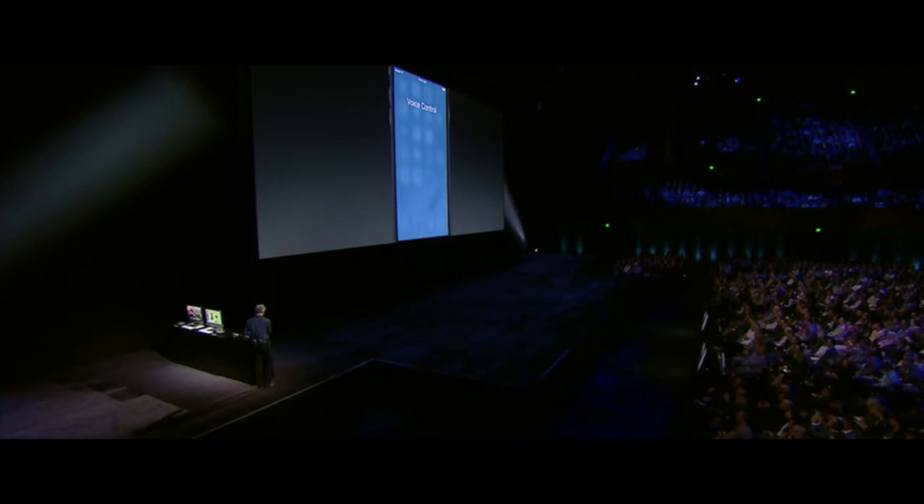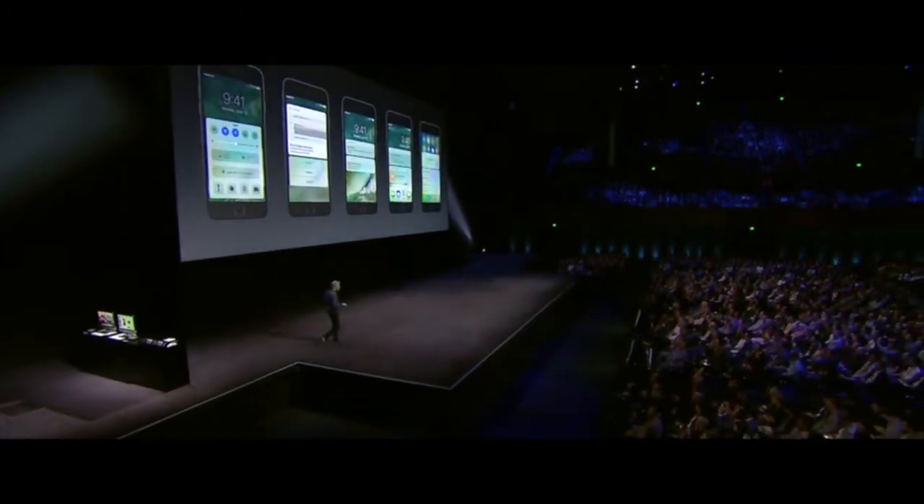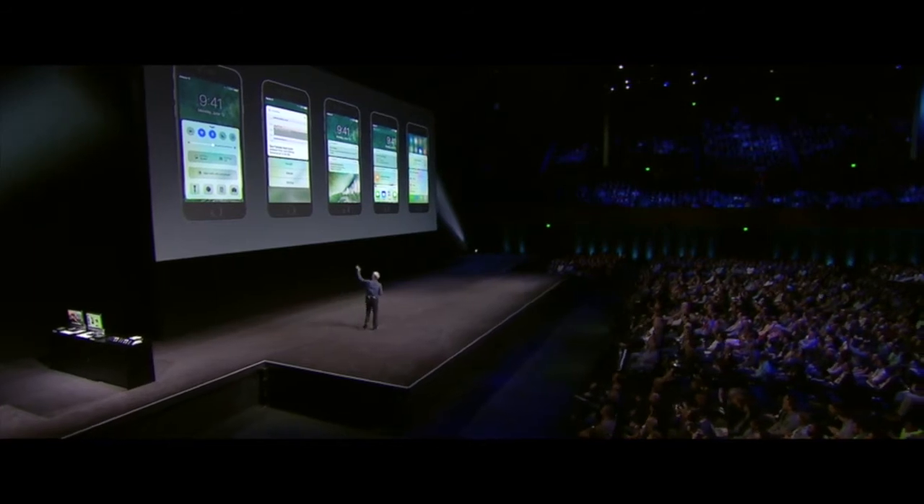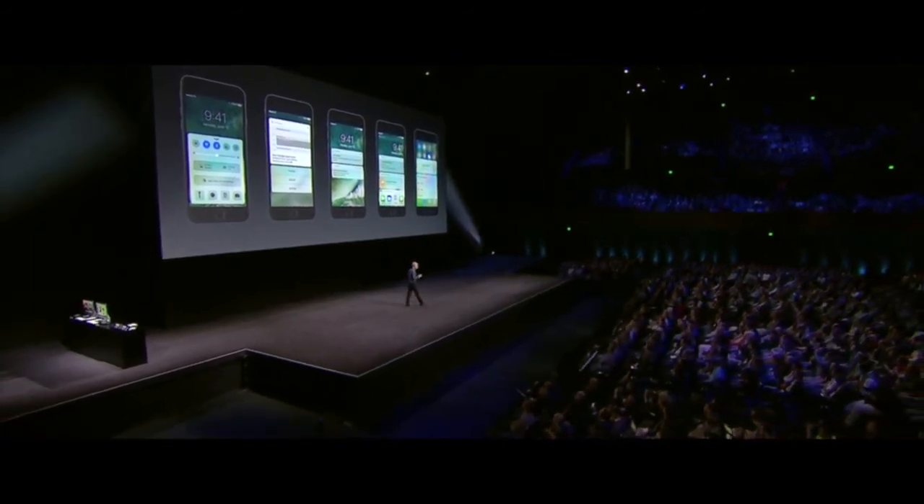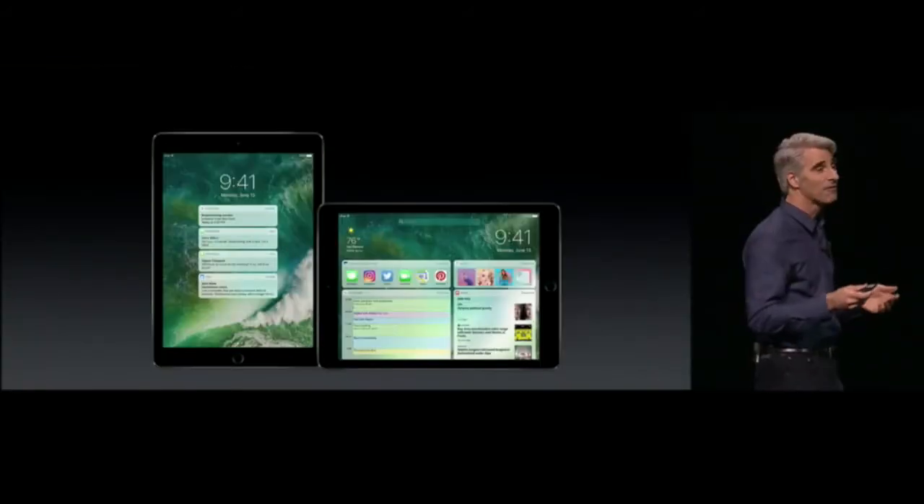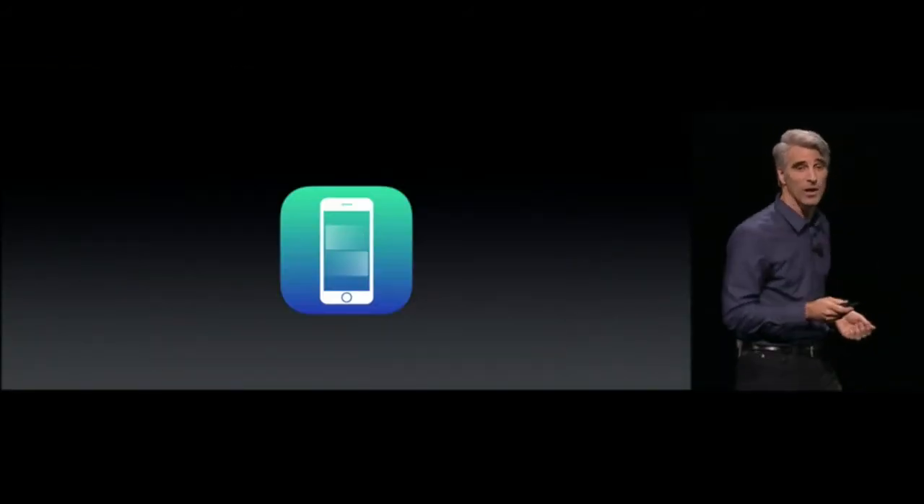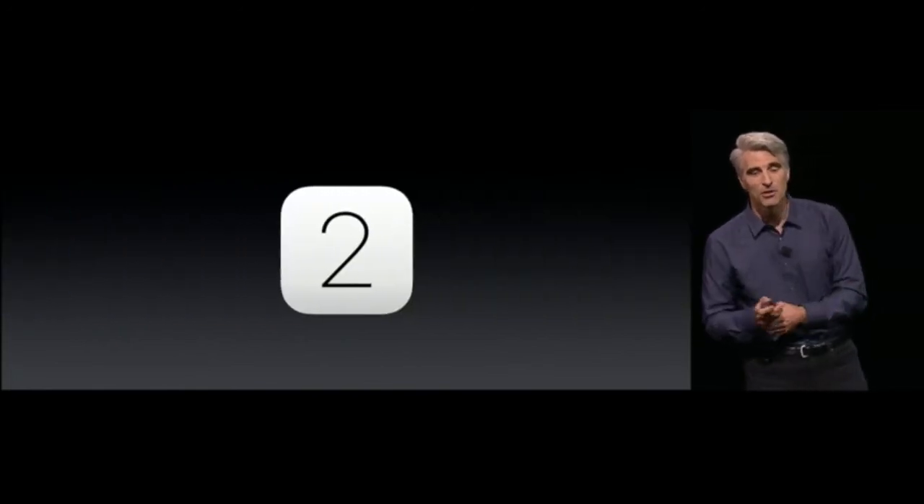So that is a quick look at the new lock screen and home screen experience in iOS 10. You have a beautiful new Control Center, interactive notifications, and great ways to use your widgets. It's great on the iPhone and the iPad as well. Next, number 2,